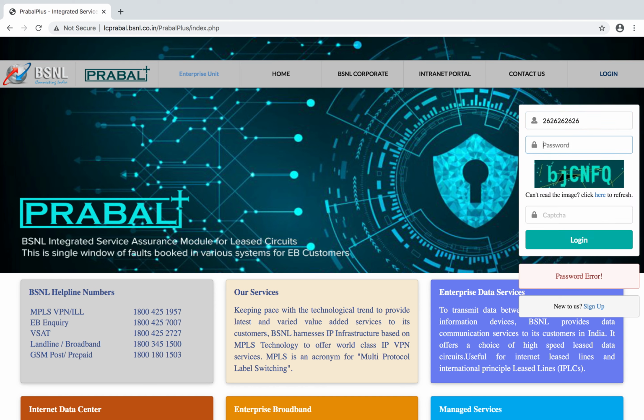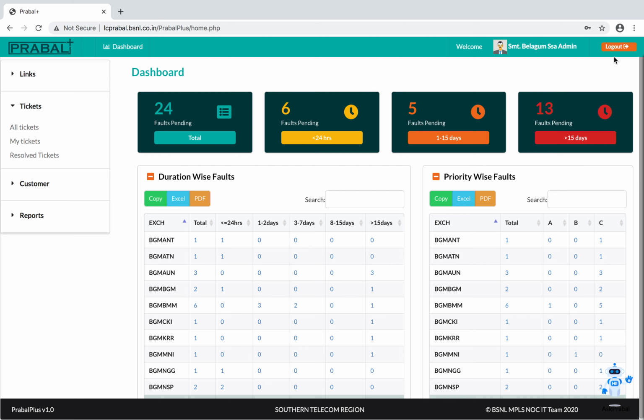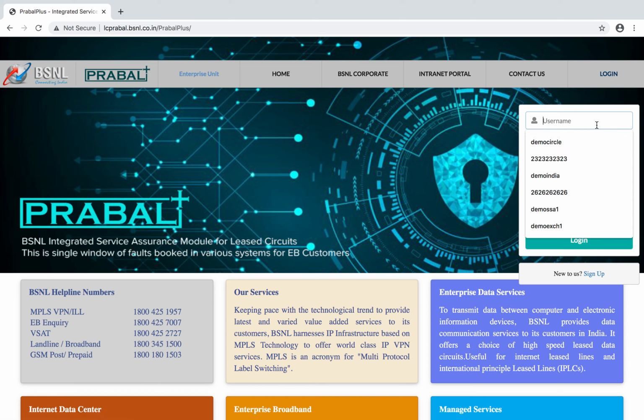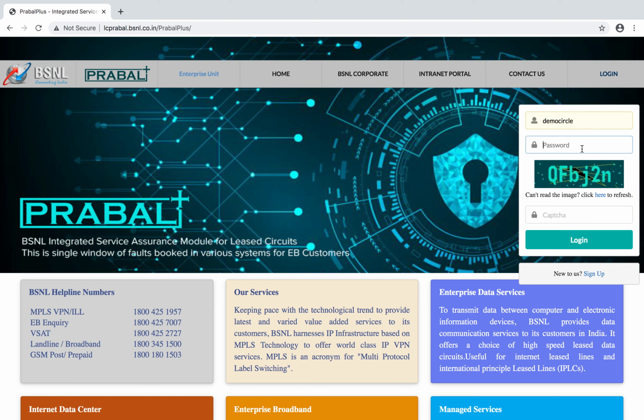See, Belgaum SSA, right? So Belgaum SSA admin user, right? So this is so simple. Now the user may give his request through the sign up form, then the administrator can approve the request or reject the request.